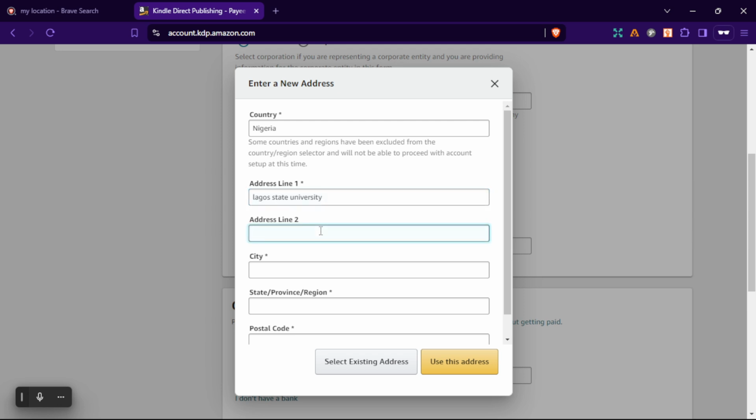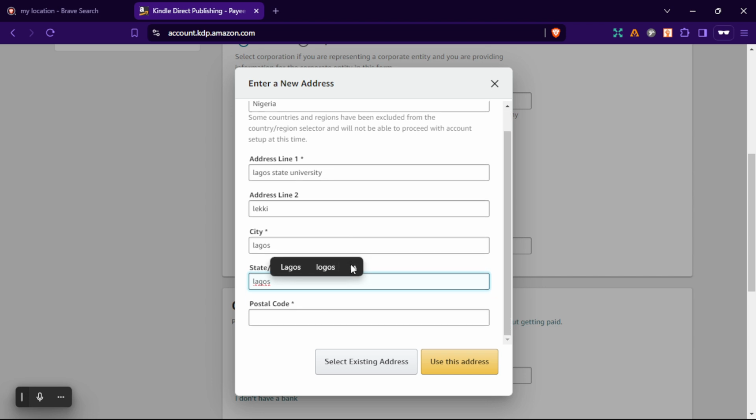Then for this one you can just put Lekki. Here city, Lagos. This one you can just put Lagos. Just make sure that the address you are putting in is a